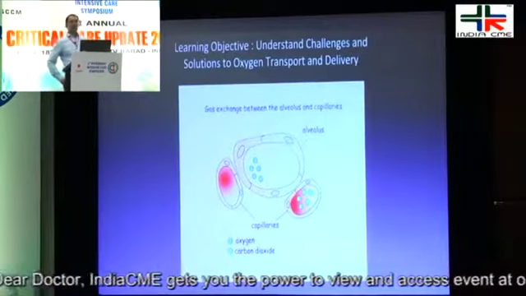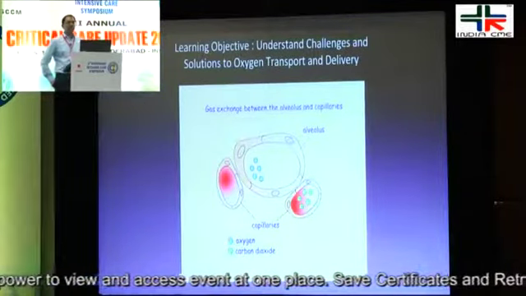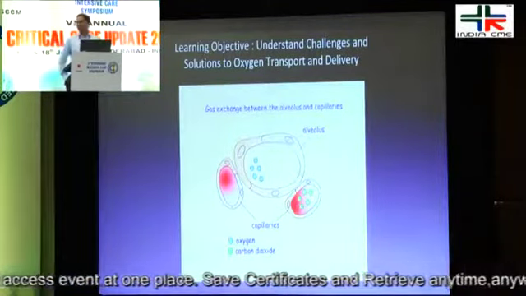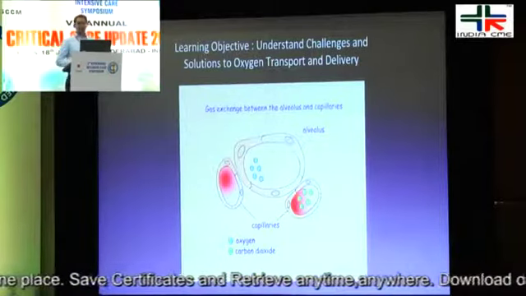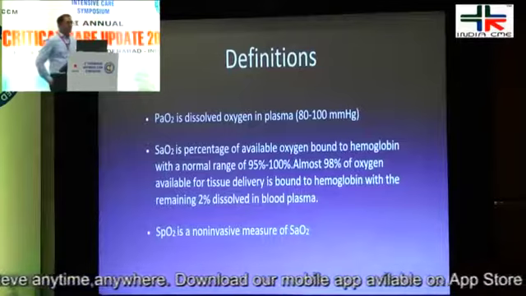But the learning objective today is to really understand the challenges and solutions to oxygen transport and delivery. Because once you understand that, you're going to be able to really figure out how to optimize oxygenation in a patient. The definitions we need to know about: when you do a blood gas, the PaO2 is your